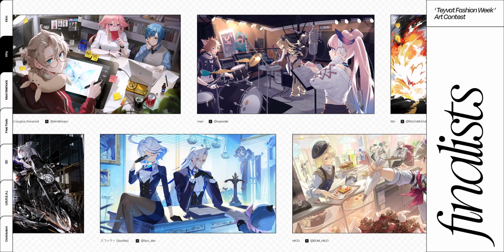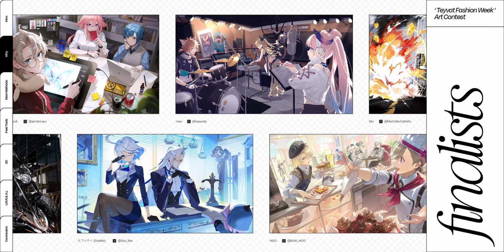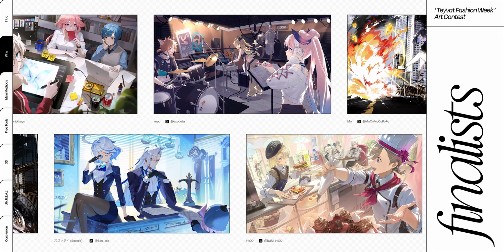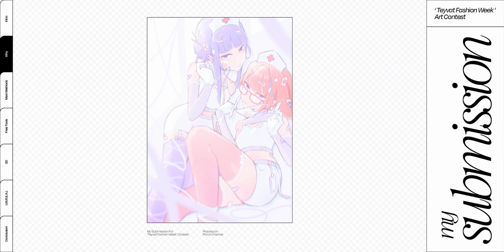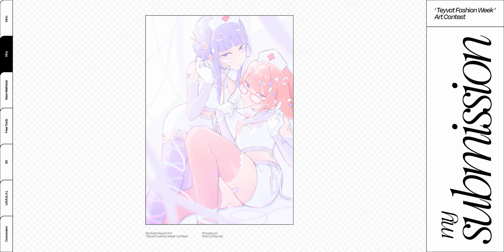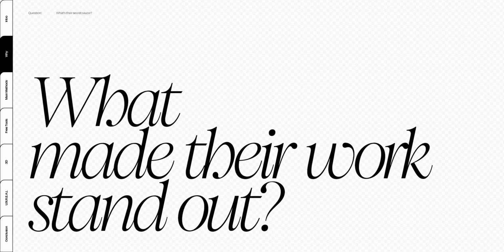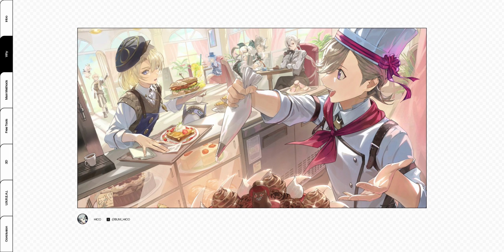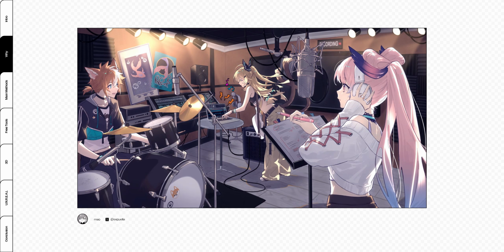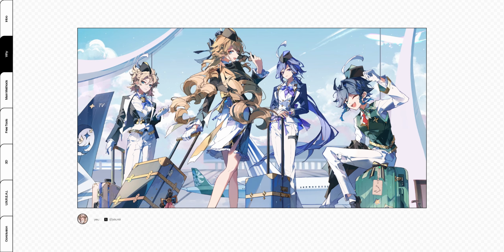My obsession with background began while analyzing the winners and finalists of a recent art contest by Hoya Fair and Pixiv. A contest I participated in, but wasn't really happy with my drawing. So I wanted to find out what made their work stand out from the rest. And I found background to be a key factor. Just look at how it not only showcases skill, but also enhances the story, which is essential for an art